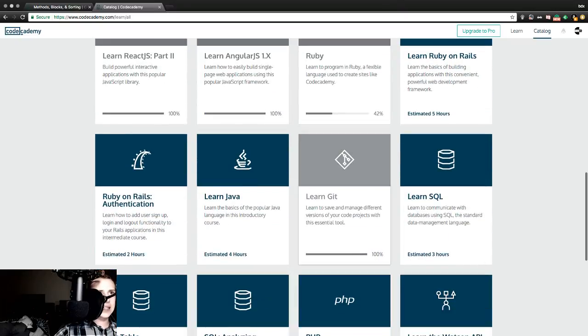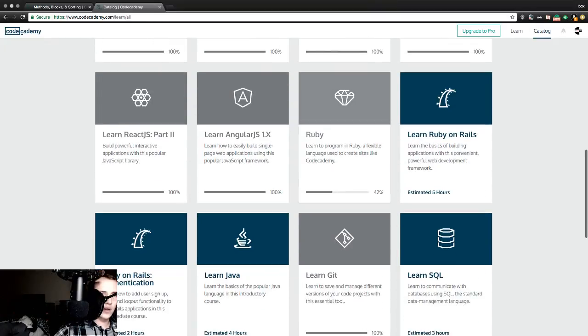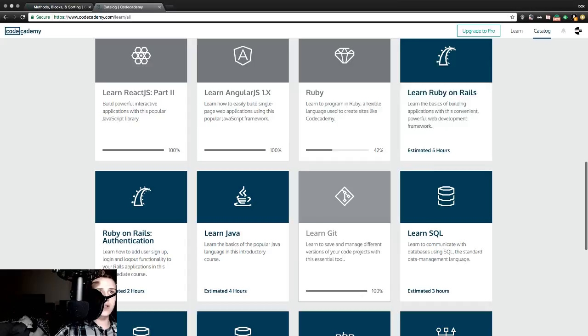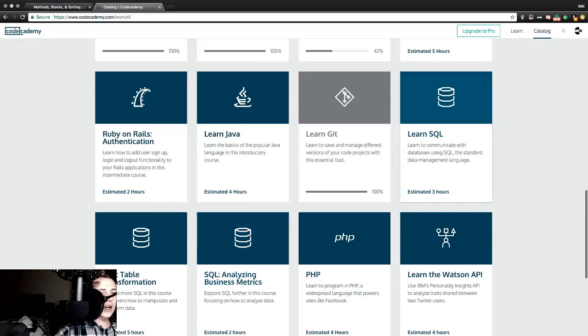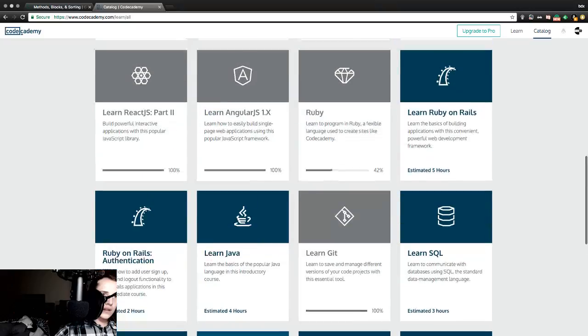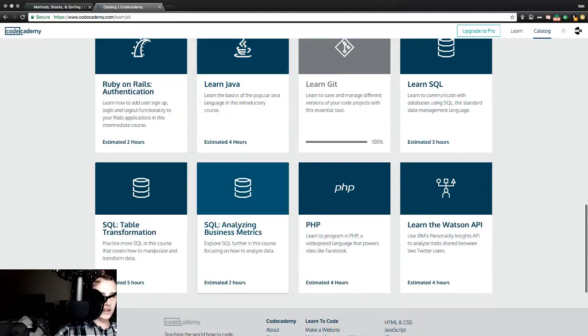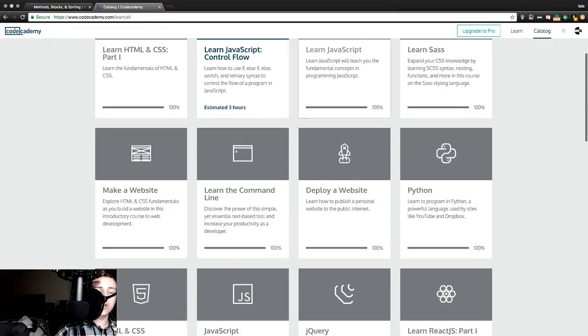Already did Git because I needed that for, I think it was the deploy website course. Learned how things like GitHub work and stuff like that. So currently trying to knock out Ruby. And we've got Java on the horizon. I am actually already kind of familiar with SQL because I was using it previously in my last job. But yeah, so far so good. So yeah, I've got like 1/3 of the site left. But it's been interesting. Right now I'm just trying to, they offered all these courses in different languages, so I'm